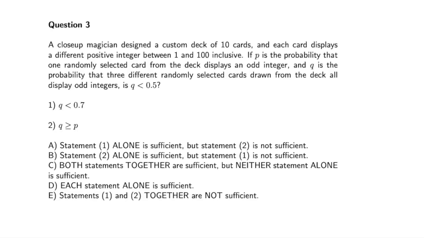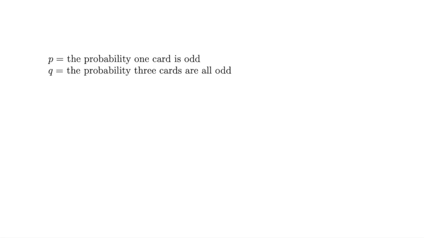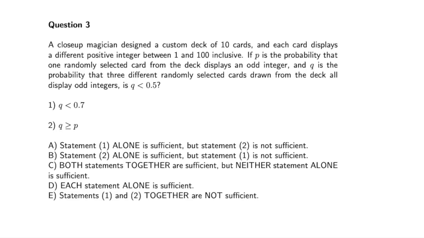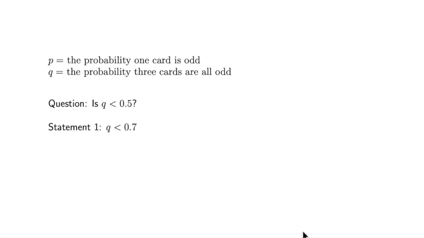So this might be the trickiest of the 3 questions. Here P is the probability 1 card we pick is odd, and Q is the probability that 3 cards we pick are all odd. And we want to know if Q is less than 0.5. Statement 1 tells us that Q is less than 0.7, and at first glance that might not appear to be sufficient. If all we know is that Q is less than 0.7, we certainly can't tell if it's less than